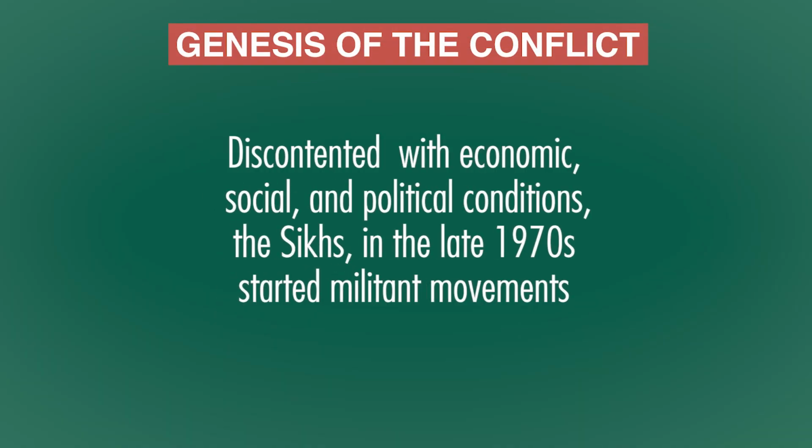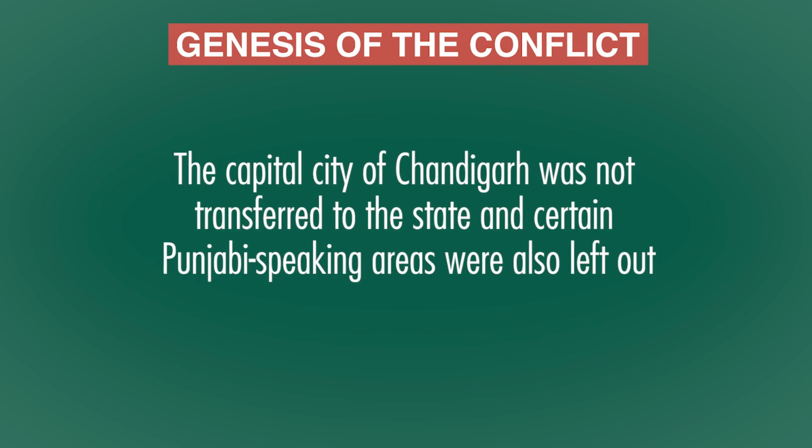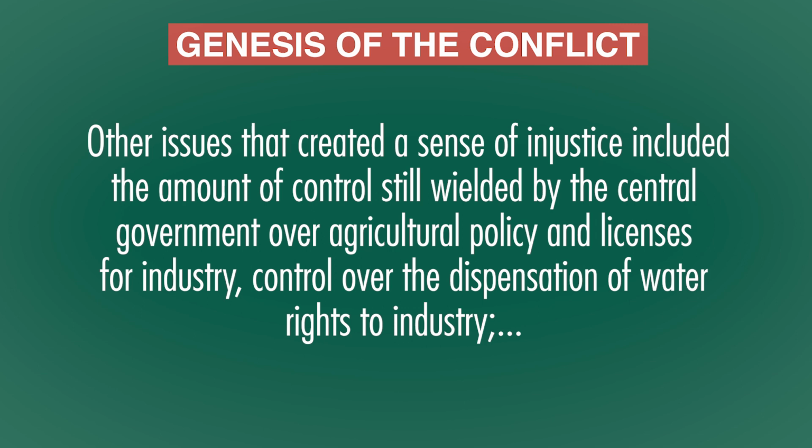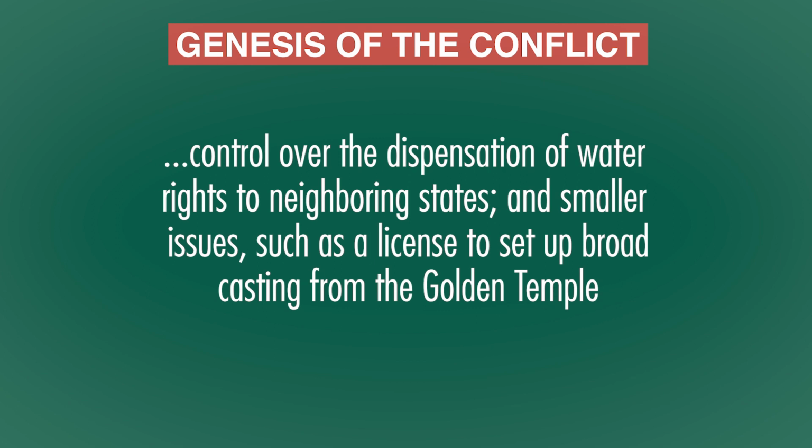Discontented with the economic, social and political conditions, the Sikhs in the late 1970s started militant movements. The capital city of Chandigarh was not transferred to Punjab, and certain Punjabi-speaking areas were left out from the state of Punjab. This was not liked by the Sikhs. Other issues also created a sense of injustice, which amounted to the control still wielded by the central government over agricultural policies, licenses for industry, the dispensation of water rights to neighboring states, and smaller issues such as the license to set up a broadcasting station from the Golden Temple,